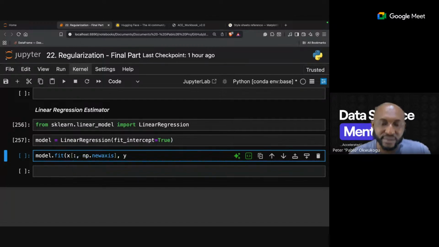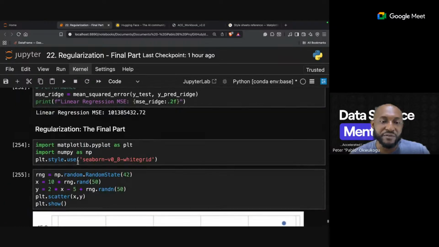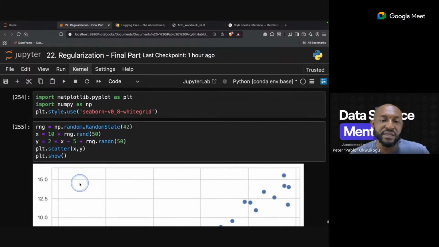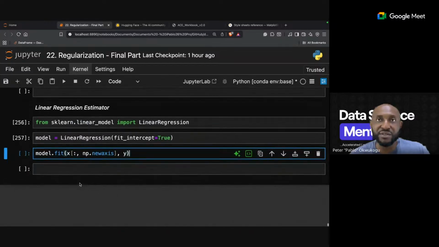So in essence, I have mentioned this in our former classes, and if you're signed up to the data science mentor program, you would have seen where we talked about the data representation for the scikit-learn APIs. So that's what we're trying to do here.